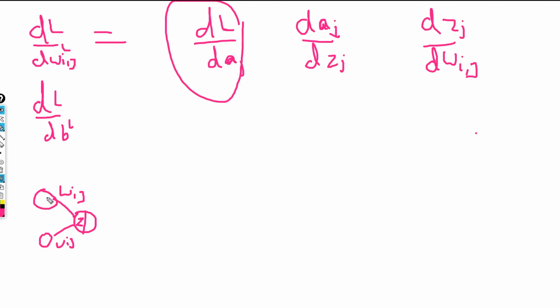We had to multiply wij with the activation value of this. I told you that the activation value of this is going to be the input for the next layer. So wij is going to be multiplied with a of L minus 1, not L minus 1 but L plus 1, because